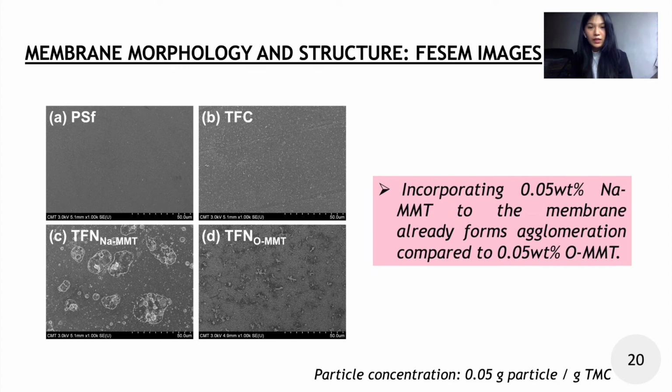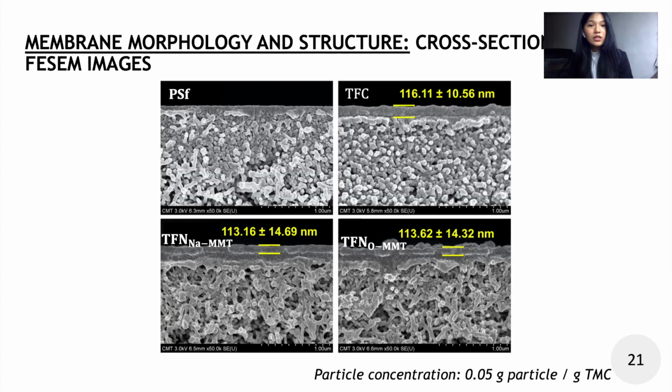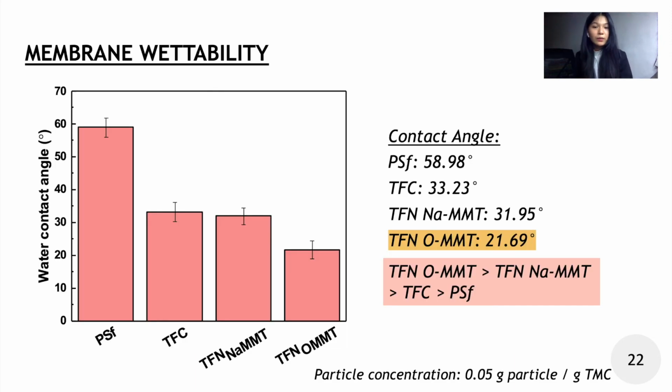0.05% of OMMT. For the cross-sectional FE-SEM image, TFC membranes had a thickness of 116.11 nanometers, but upon the addition of the additives, the polyamide layer decreased because the MMT possibly prevented the TMC from reacting with PIP, therefore slowing down the reaction rate. For the wettability of the membrane, it can be seen that formation of the polyamide layer